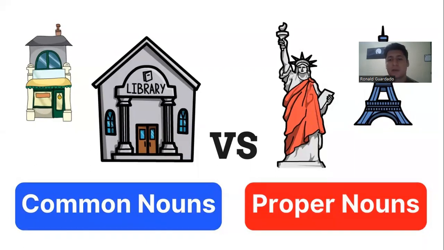Today I will talk about common versus proper nouns, so we can have a clear understanding about when it's okay to use common nouns and when we should be using proper nouns. To get in context, we may see some images in the presentation. We have a store as a common noun, without any other word that will help us to elaborate on the meaning. And of course, we have the proper noun, the Liberty Statue, that is referring to something specific.